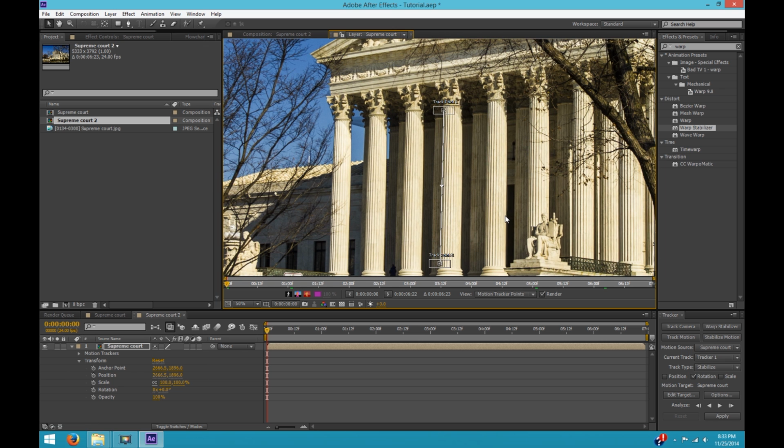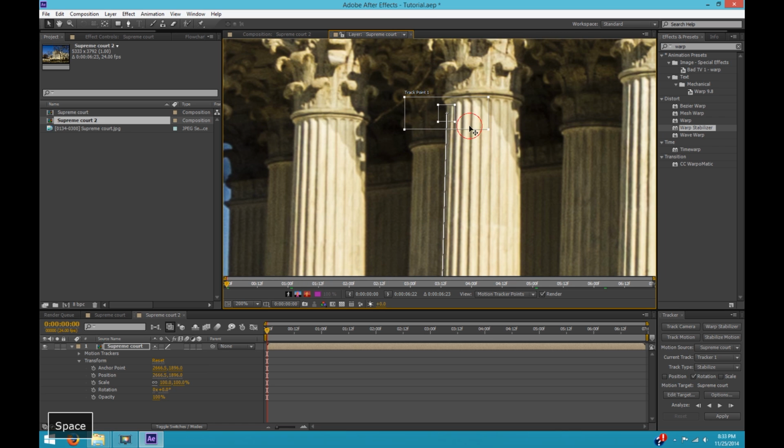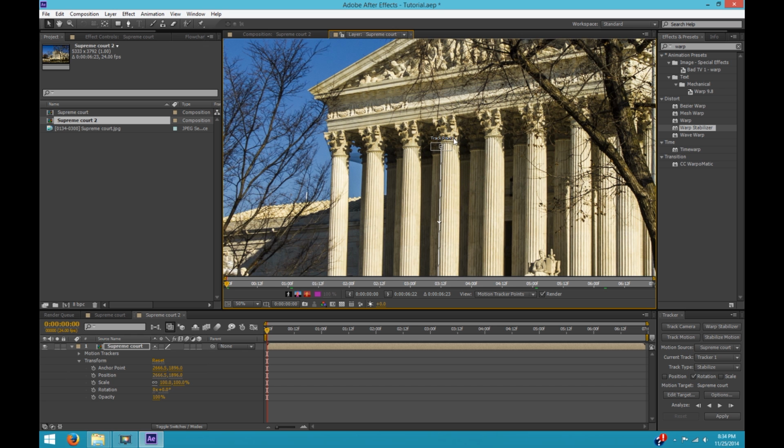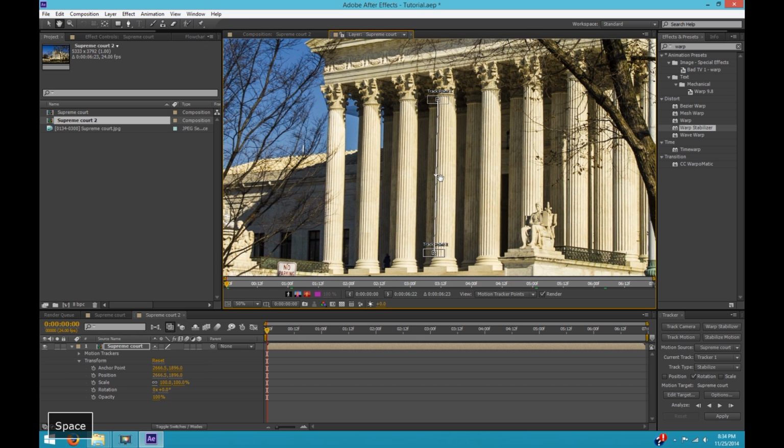You want to try and pick parts that are as far away as you can get them, because if you are off by a couple of pixels or something, if the points are very close together, a couple of pixels can make a big difference in the angle, and it can make your rotation tracking less consistent and less smooth. If the points are far apart, being off by 1 or 2 pixels isn't going to be such a big deal.